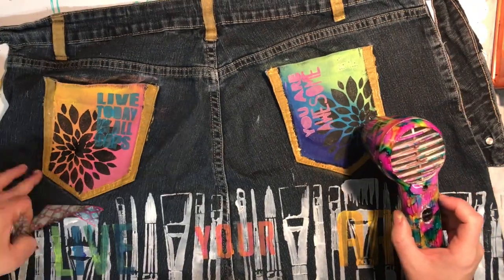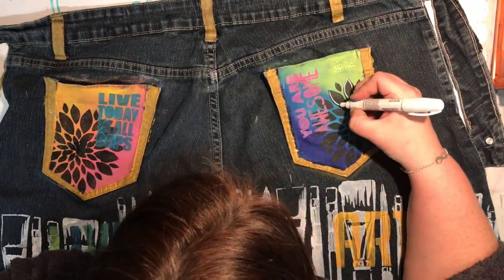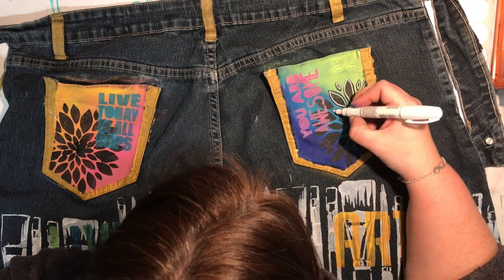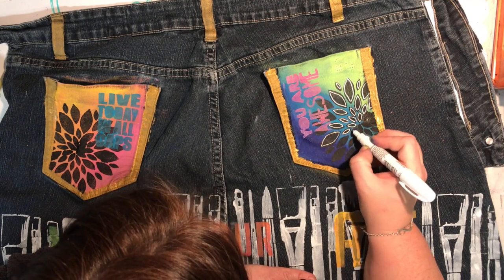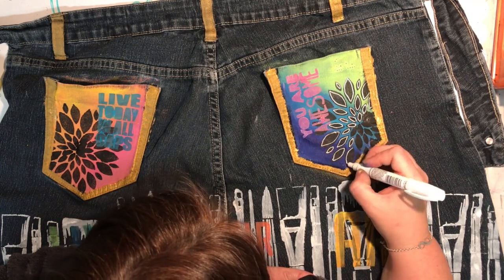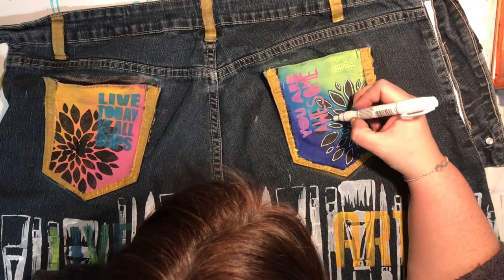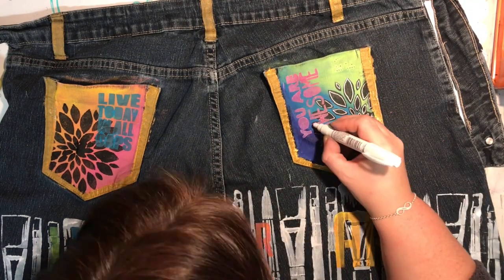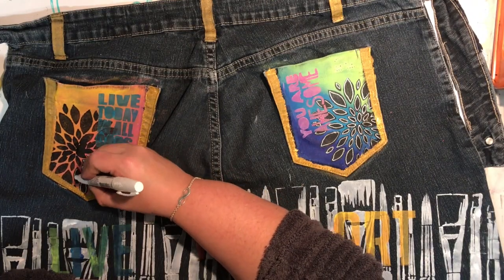So just leaving the paint to dry a little bit. The good thing about working on fabric is the fact that paint, by its nature, will actually soak into the fabric really quickly. So while it feels damp under your arm, it's not going to move anywhere, which is why I was able to sort of stencil over things fairly quickly. I didn't have to wait too much to dry. I didn't need to get my heat gun out. So now all I'm doing is,